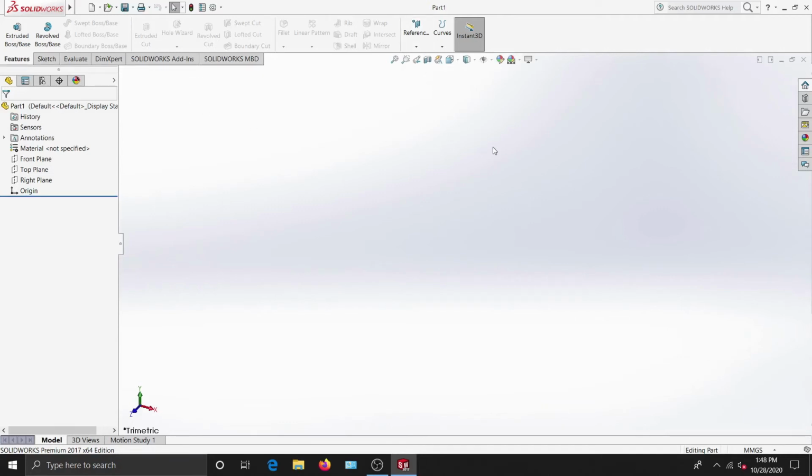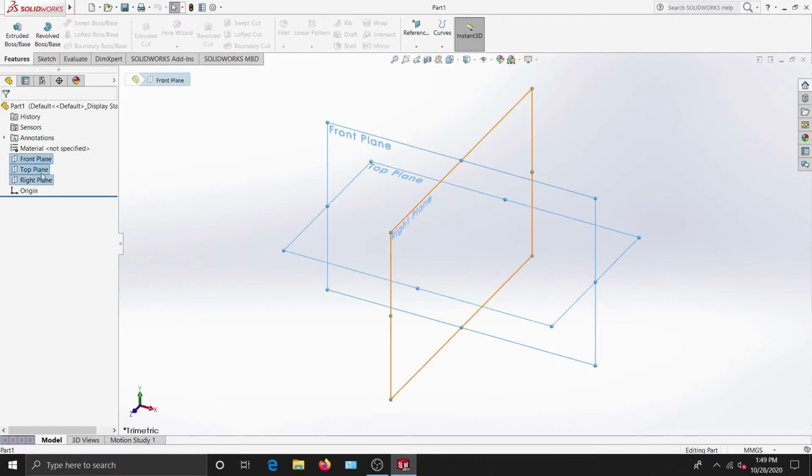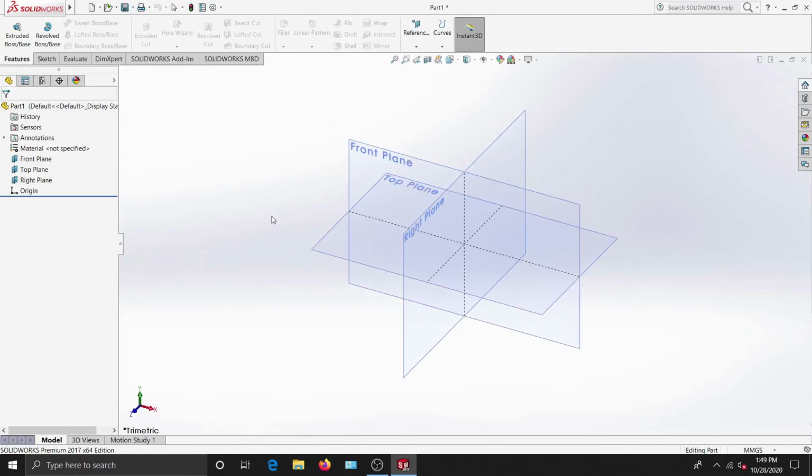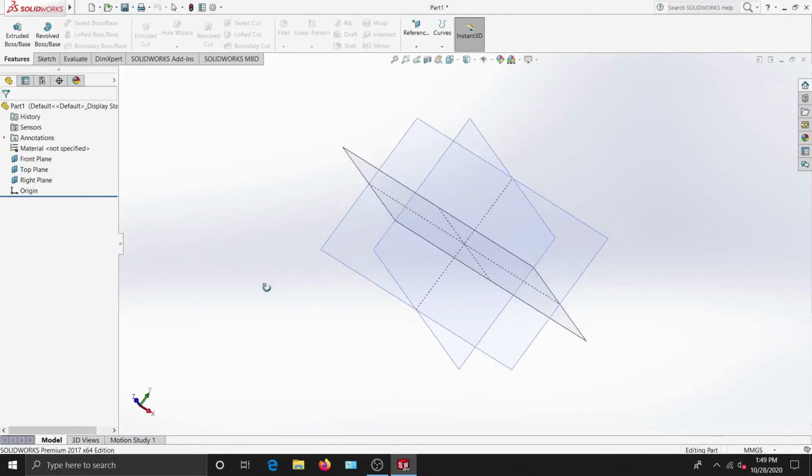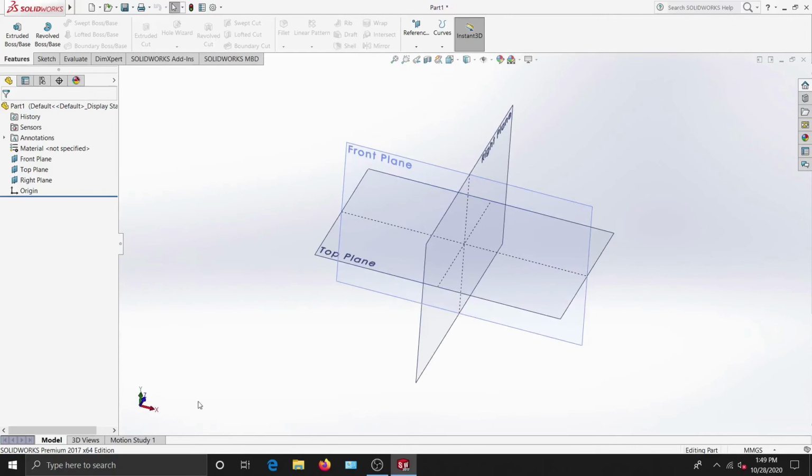Okay, as this is introduction video, the first thing I like to talk about is how to maneuver in your 3D space. So let me just select all these planes and show them by right clicking on them. And as you can see, there are three planes over here, so holding my middle mouse button, I can rotate my view, and as you can see over here the axis also rotates.